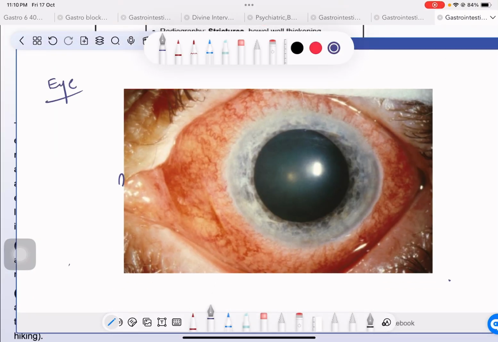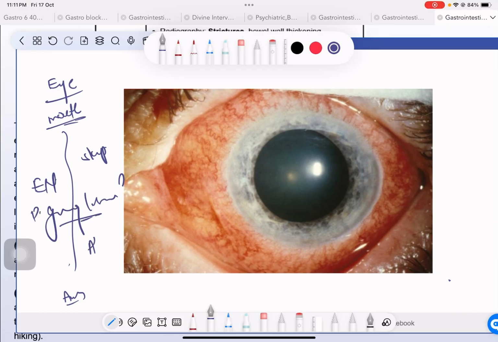we have the fistulas. We can give glucocorticoids, we can give 5-ASA, we can give aminosalicylic acid, we have the TNF-alpha inhibitors. Let me just screenshot it out. So I think